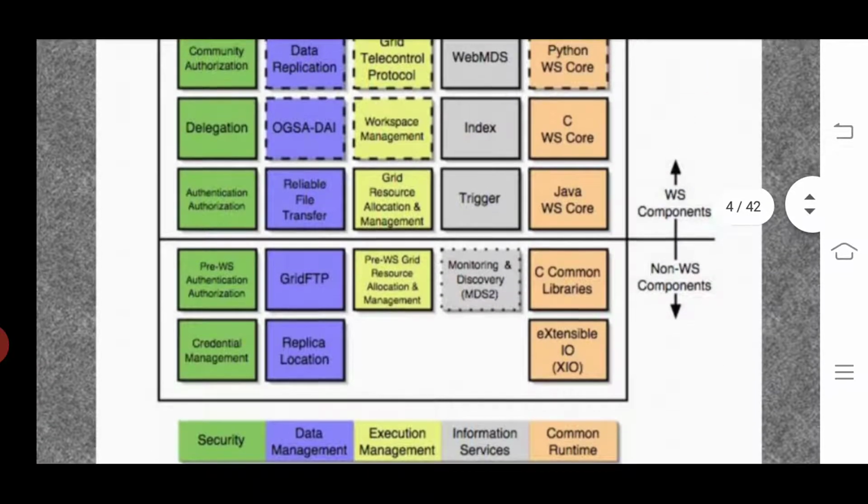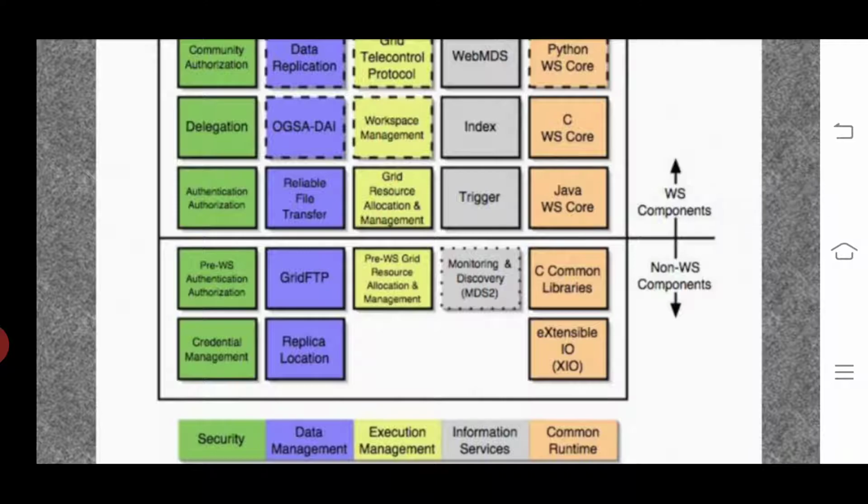Now this is the diagrammatic representation. First, look at the green box. This is security. We already discussed security: community authorization, delegation, authentication, authorization, pre-web service authentication and authorization, and credential management. These are all included in security.